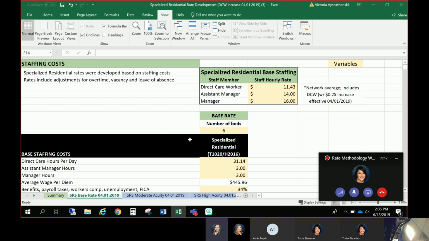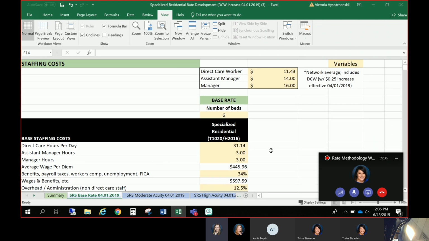So starting up, for starters, I apologize, we are going to be looking at the specialized residential base rate logic. What that means is this is the minimum rate that one would receive, but this is for a 6-bed home. So when we developed this logic, we were looking at starting somewhere. So we were looking at 6-bed licensed homes and then built it from there. Now this logic is customizable, so that if there's a license for smaller settings, for instance, this can be adjusted, but primarily this is going to be the rate that one would receive in a licensed setting.